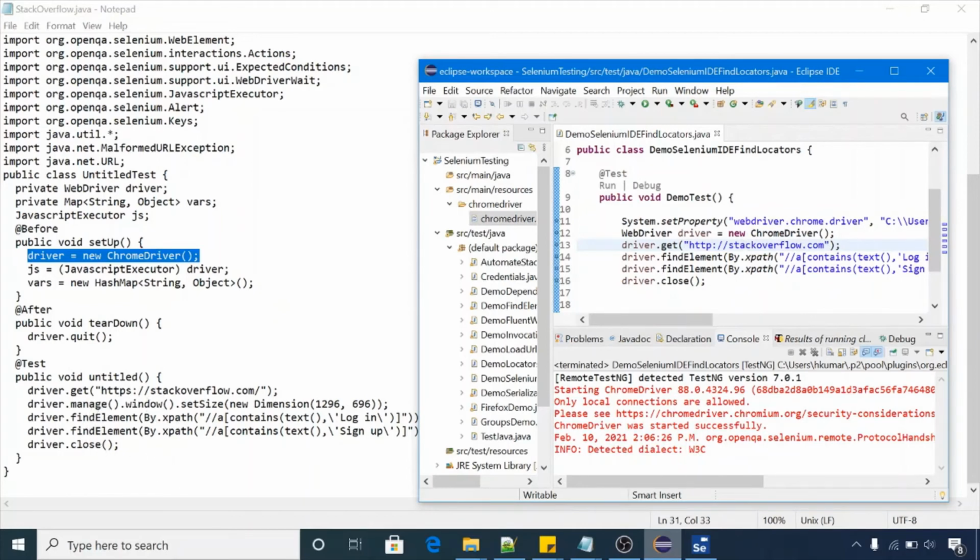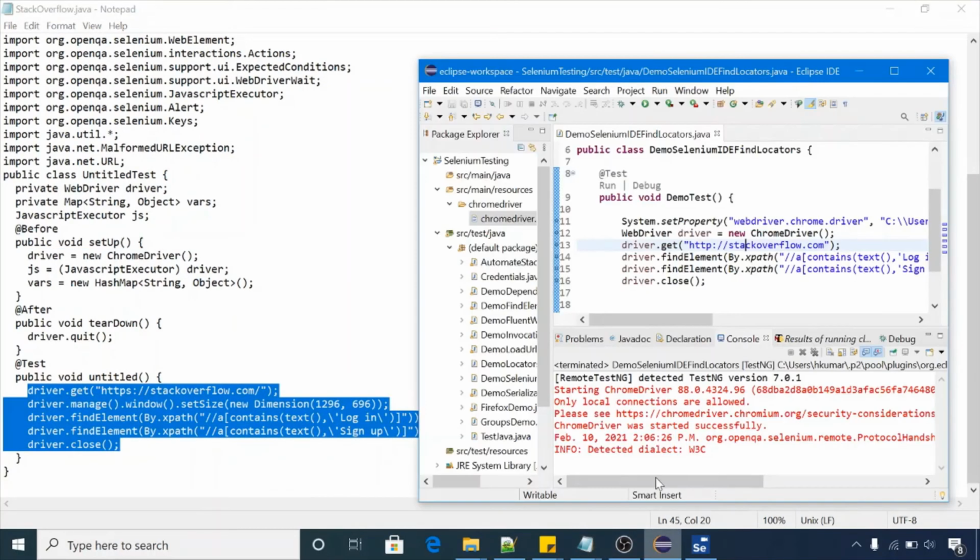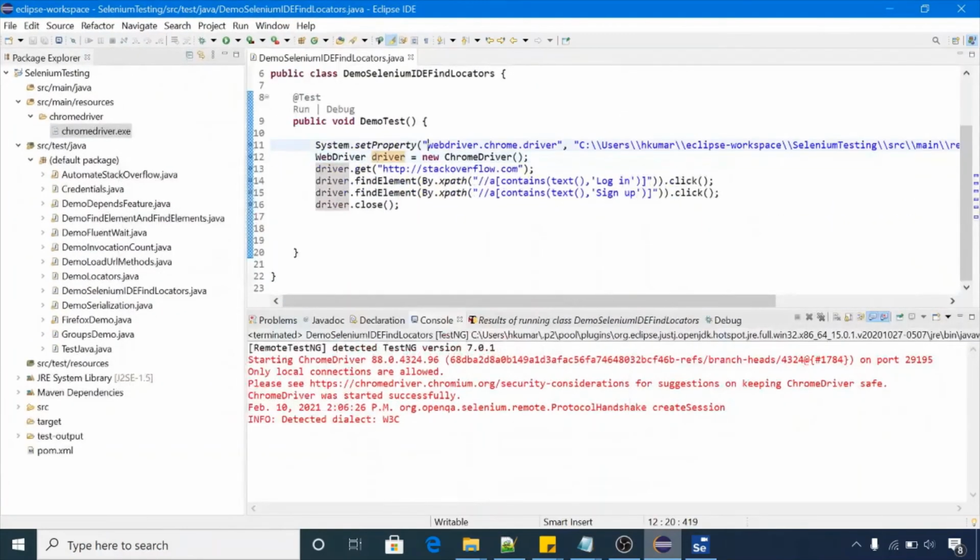So the sign up button operation is there. Okay, the same command is there. And after that we clicked on close browser, and for that the method is driver.close. Same method is there. Okay, that means this is the exported file from Selenium IDE. You can just copy this whole script, and you can paste it in your Selenium WebDriver code.